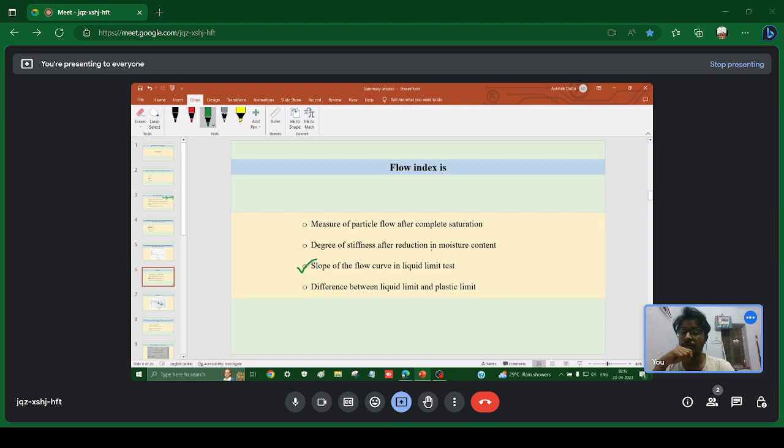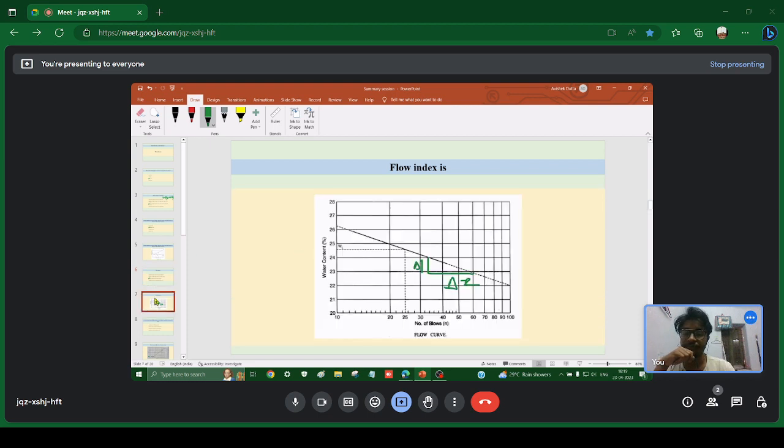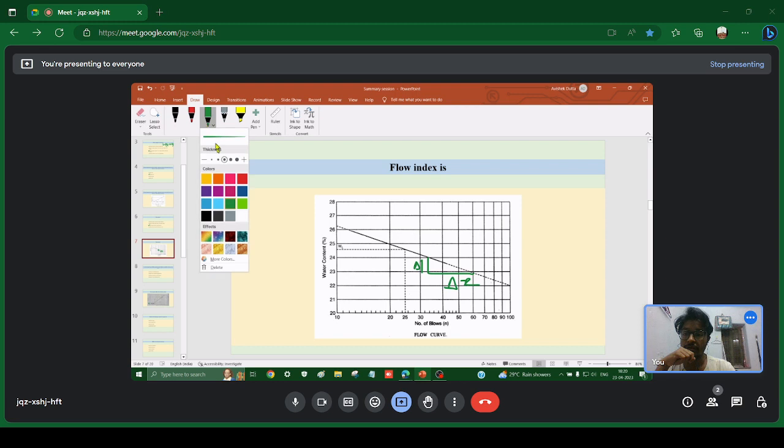Flow index is the slope of the flow curve. The formula for this is flow index, IF, equals del y. What is del y? Del y is the difference in the moisture content, W2, suppose final, minus initial, W1, divided by